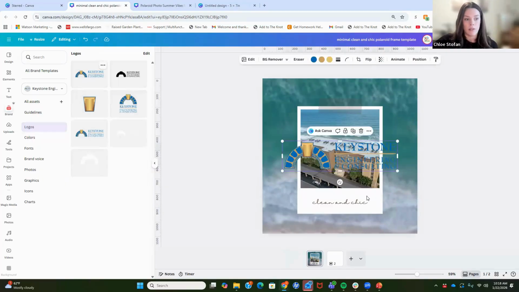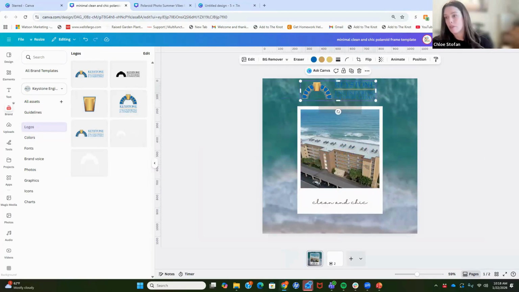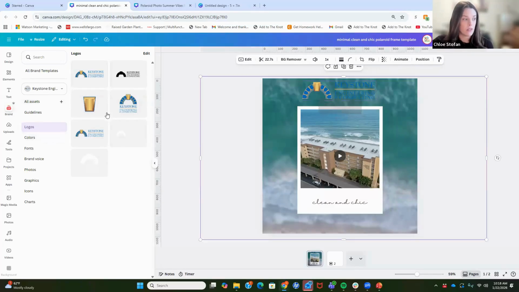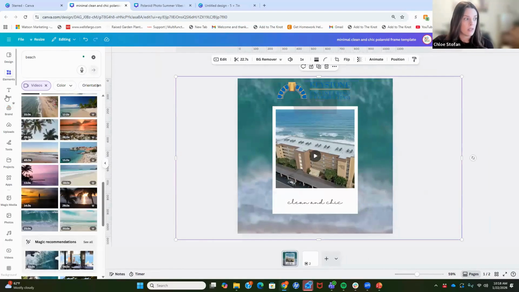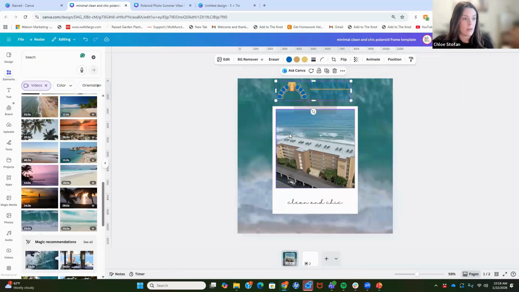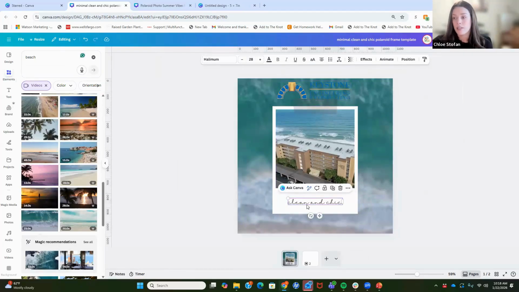And I'm going to pull in one of their logos. Say you don't have the brand kit, but you have the logo, you can upload the logo and pull it in. And say you don't have the colors because you don't have the brand kit. If you want to change the text to one